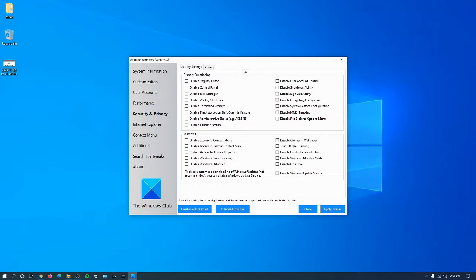And here is the primary function. This is for disabling stuff if you don't want Windows to track you. Here it says disable Explorer content and other stuff. So basically you're disabling stuff on Windows, so you can disable OneDrive, for example, if you don't use OneDrive. You can disable Windows Defender, but I don't know why you would want to disable Windows Defender when Windows Defender is for Windows and is free, comes with Windows without even having to pay any money,